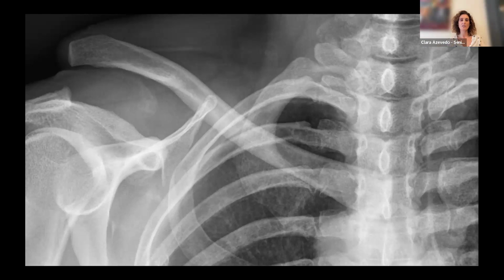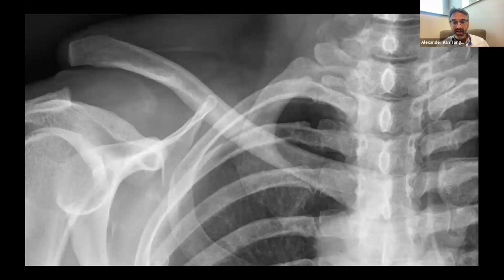So I would insist on the panoramic Zanca 10 degrees cephalic tilt X-ray to really highlight the differences, even though this is static, I know, and has its limitations, and complement it with the Alexander view, because then postoperatively I could compare and control the degree of reduction that I've achieved, not only vertically, but horizontally, both in the Zanca view and in Alexander. So I think we're not talking about MRIs, which are expensive. We're talking about X-rays.